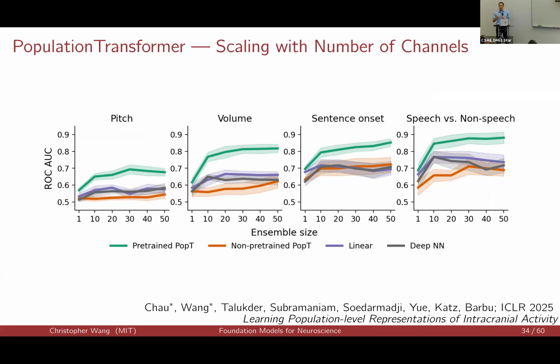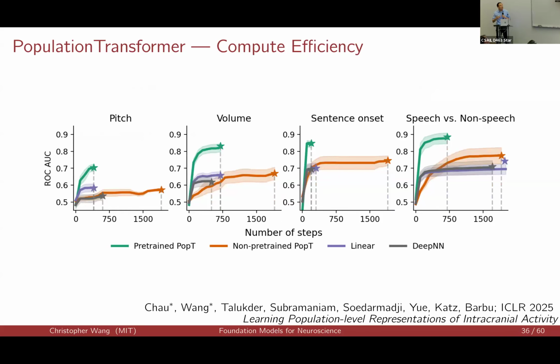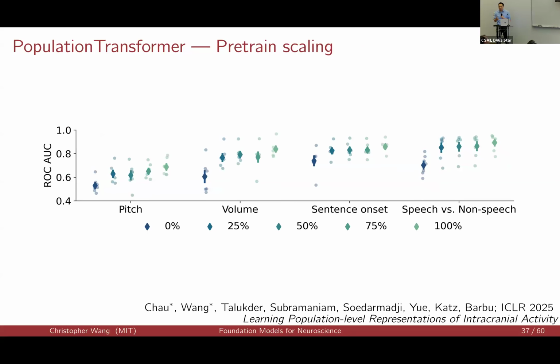Of course, we don't just care about better absolute decoding performance. We also want to check if we're getting more data efficient decoding, if we're able to learn more per labeled sample, if we're getting more compute efficient decoding, if we have to use less backpropagation steps to get equivalent performance. And this is an important one for any pre-training study. Do we get performance that scales with the amount of pre-training data? And we do. And this is so good because in these neuroscience experiments, we always have more unlabeled, unannotated data than we have annotated data. So any decoding approach that scales as a function of the amount of unlabeled data is a huge win.